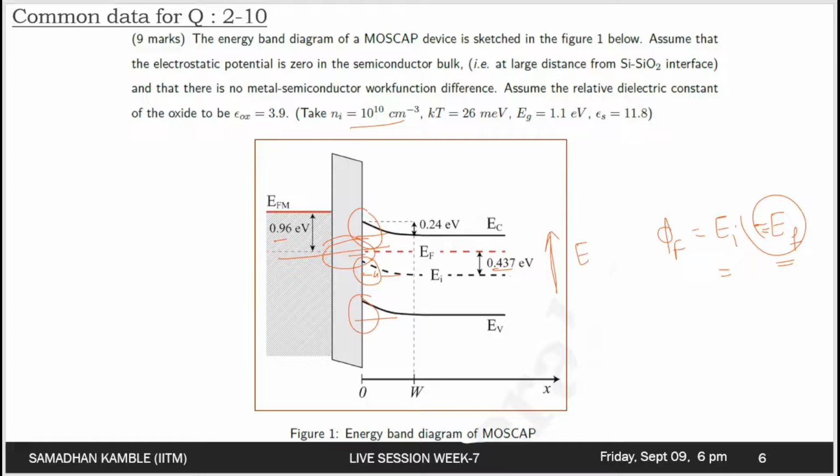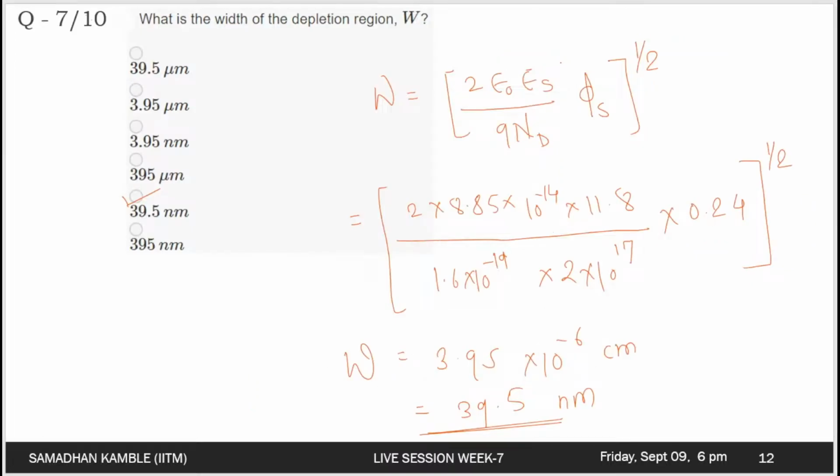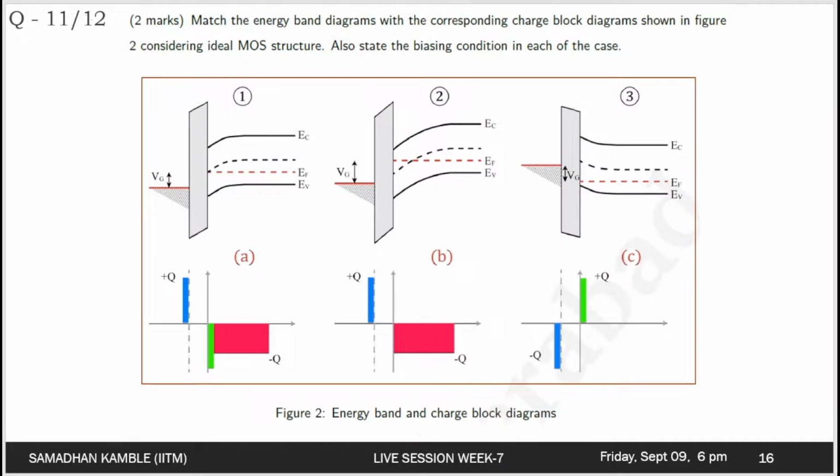Right, sir. Okay, so I think there are finally just a couple of more questions. Question number 11 is what we are considering. For this, one thing we can recall is that